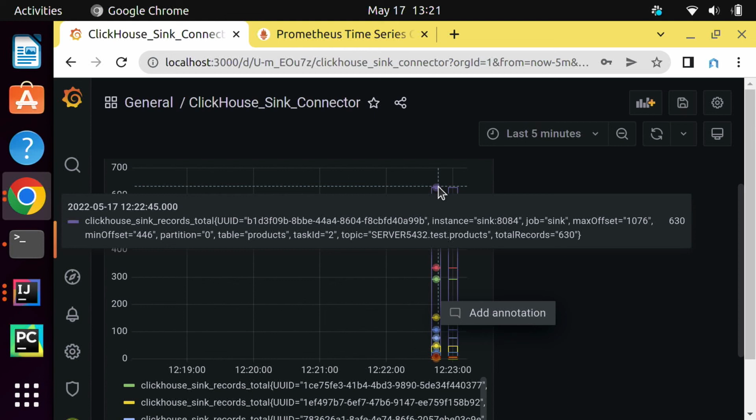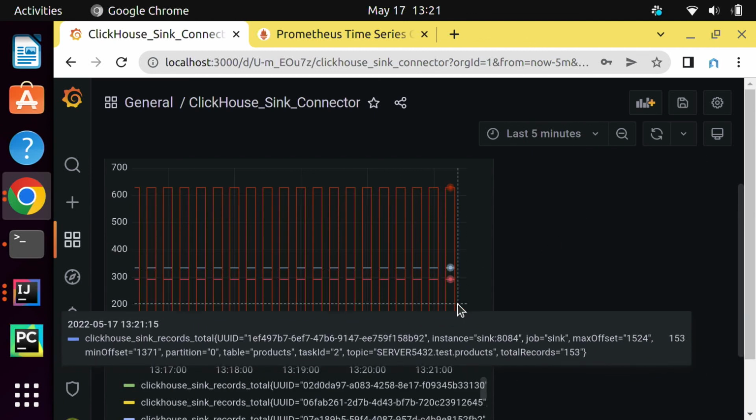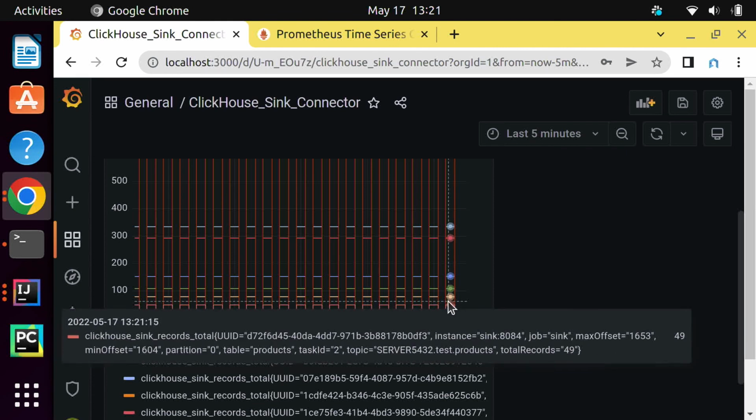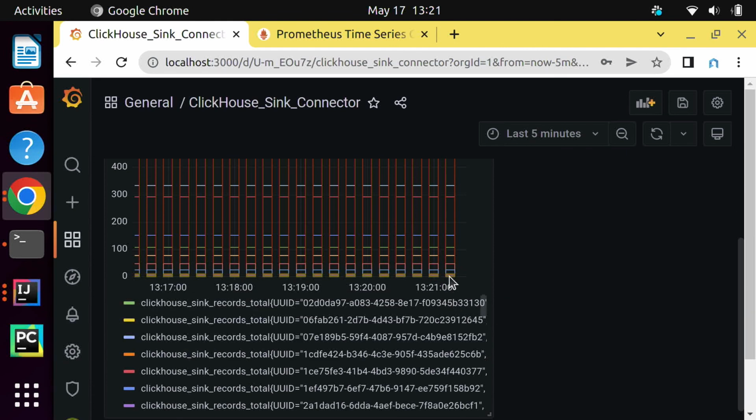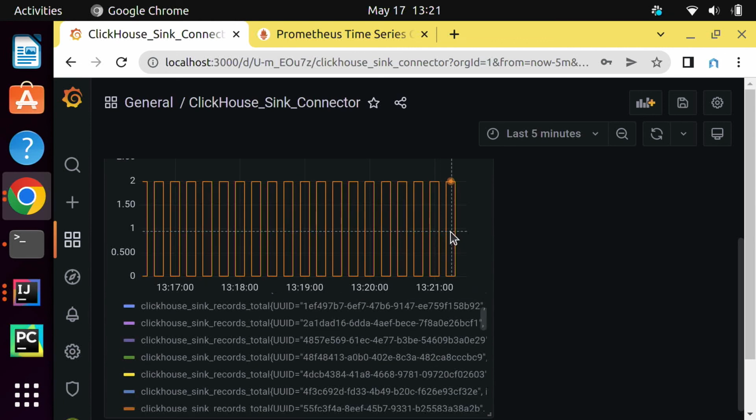You will see that one block could have records from different tables and topics and partitions. So we try to capture that in this dashboard. So that's easier for troubleshooting. I still have to change the graph type. It doesn't look awesome, but just an example of how we support